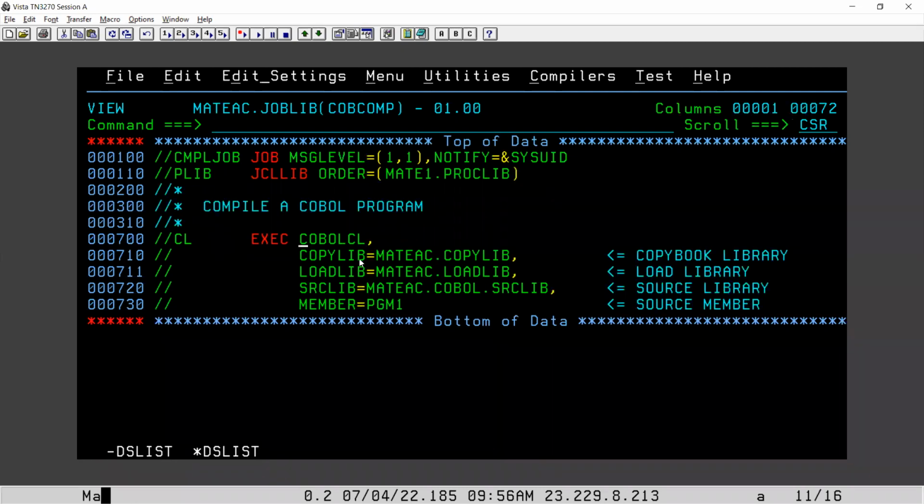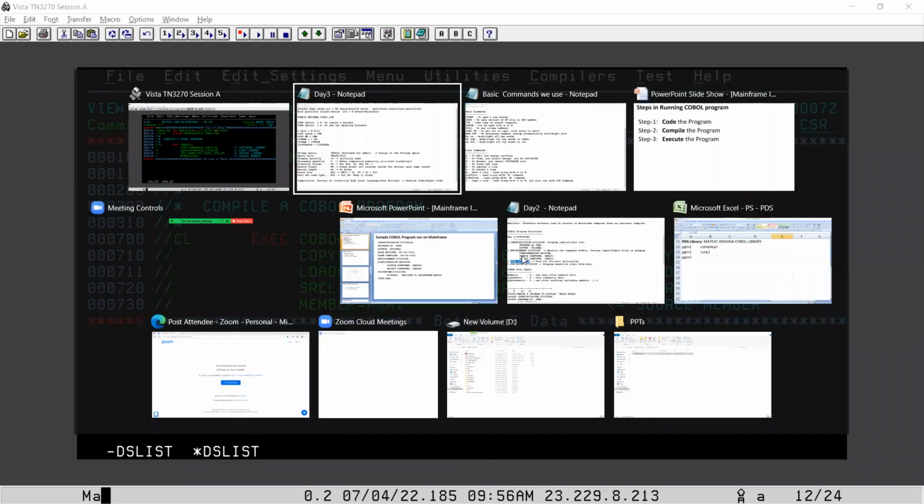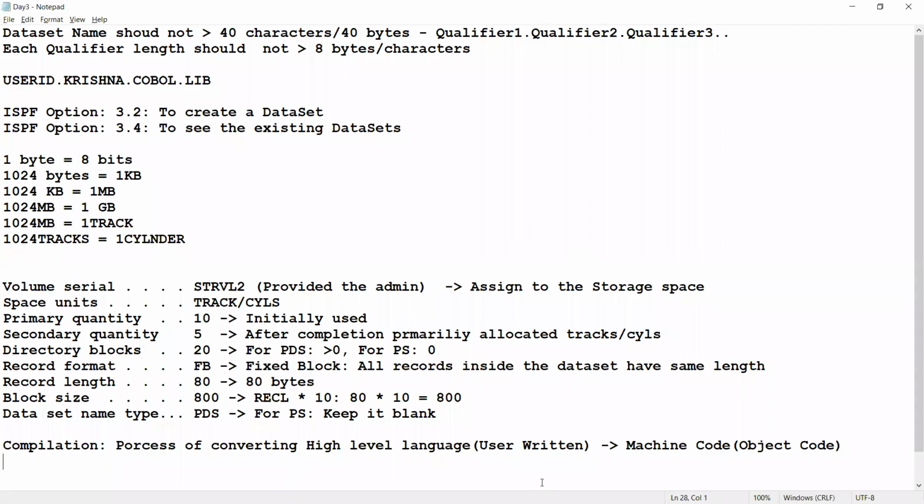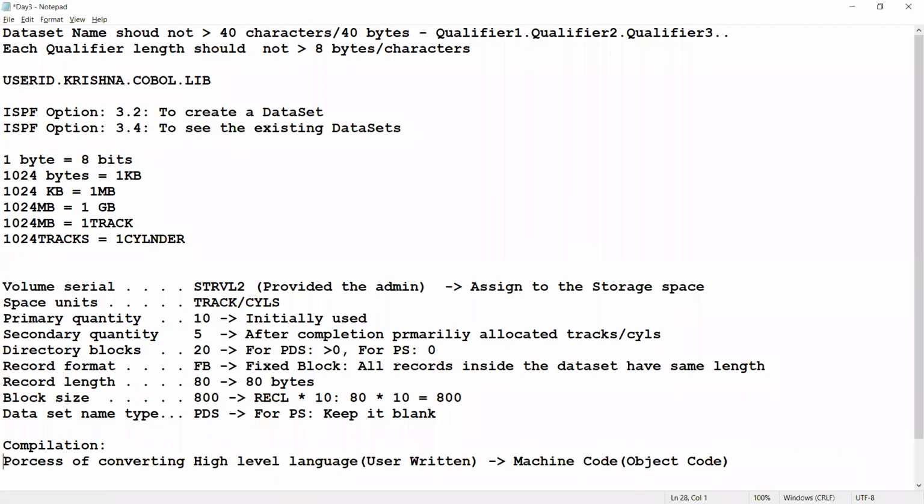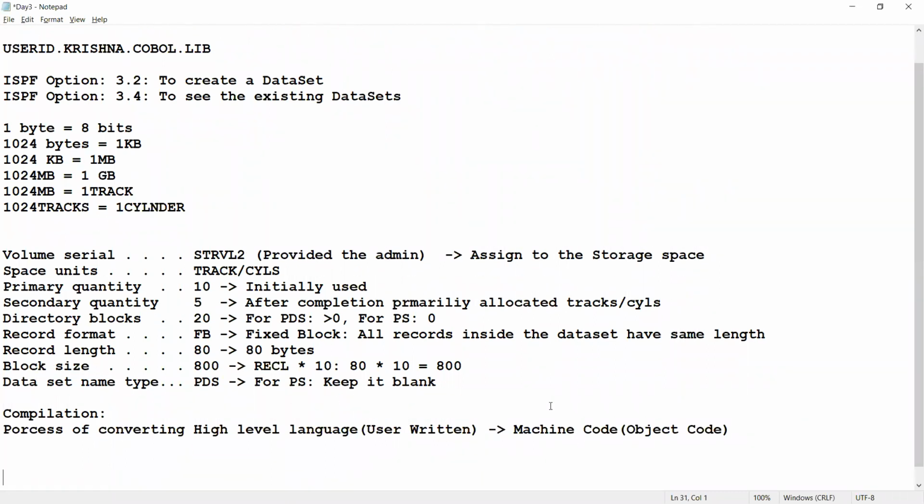So we have to give the program name and the load library. We call it the load library. So after compilation, the source code, so compilation is the process of converting high level language to machine code, right? So this high level language we have in the source library. Source library means whatever we coded here, we coded the program in this library, right? m8ac.krishna.COBOL lib. So this is a source library, and load library means